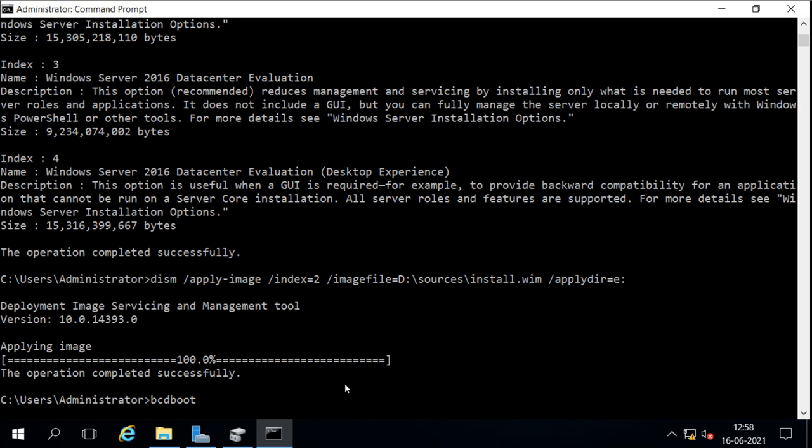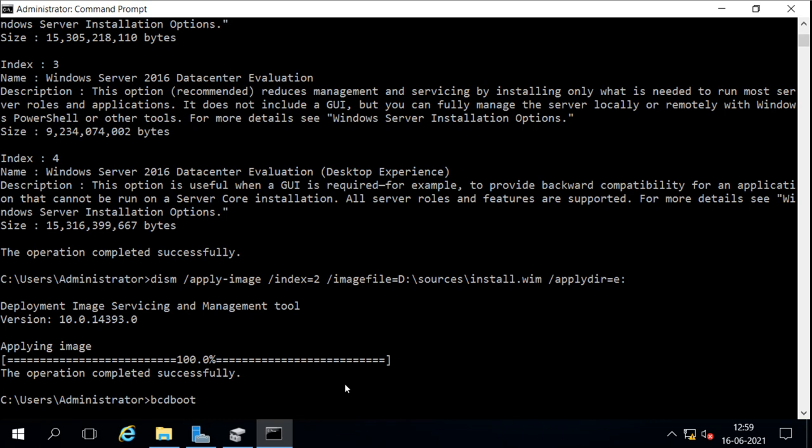Now this command is for editing the boot files, the boot configuration, and that file indicates which operating system to boot, or if you have multiple operating systems, then this file is to configure that multi-boot operating system.